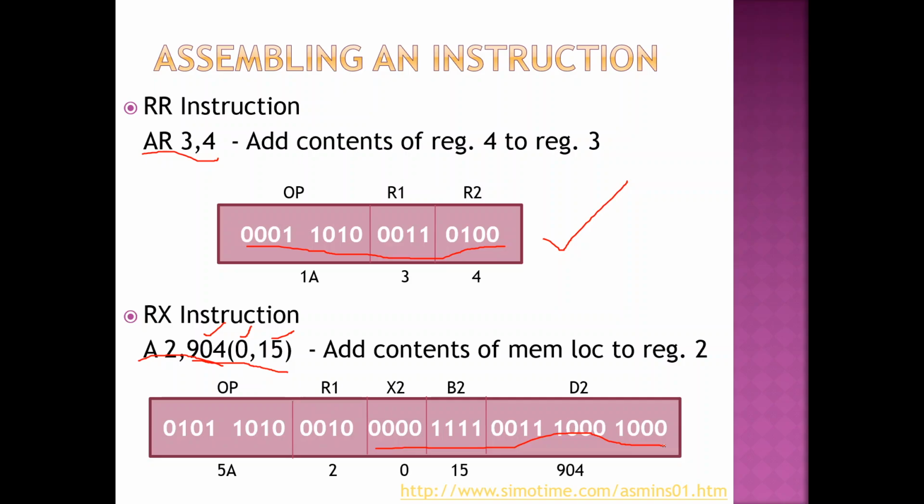Similarly, as we go, you will know what challenges we have, how we are going to overcome them, and what methodology we are going to use to assemble an instruction. Assembling an instruction simply means converting it into zeros and ones. Yes, we know how to do it, we have done it also, but there are some challenges. If we are able to overcome those challenges, then it is going to be very simple to convert your assembly level language program into machine level language, which means to assemble a program. It is easy to assemble a program. Let us see how it is done.